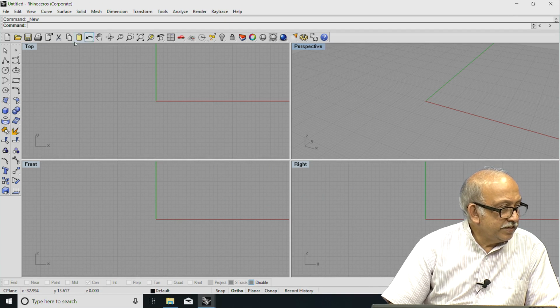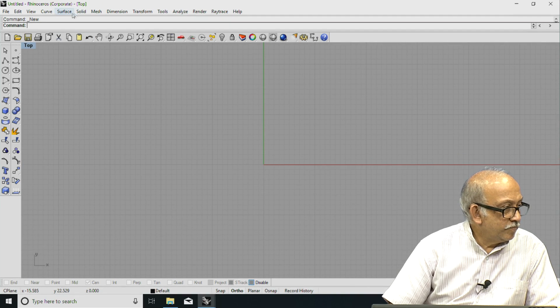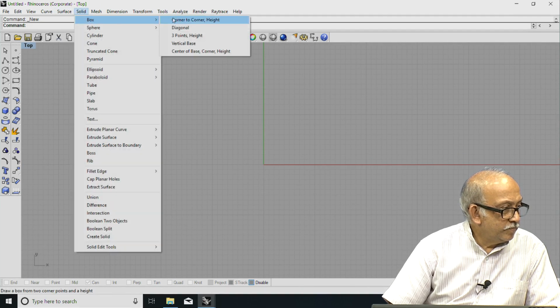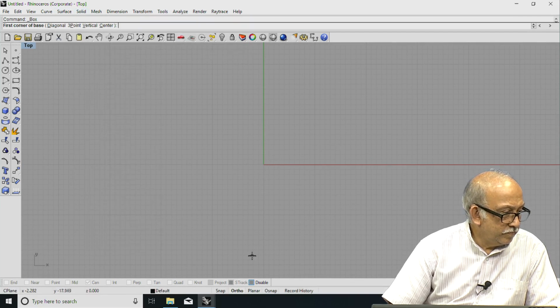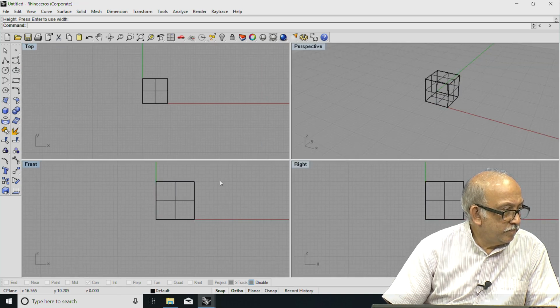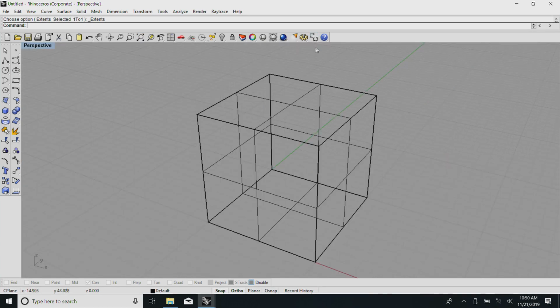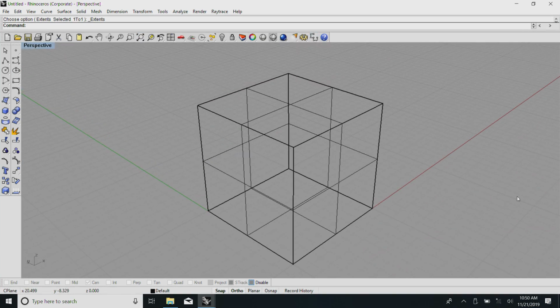We start with a corner. My basic box is ready.